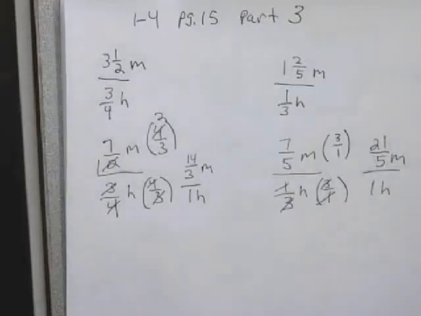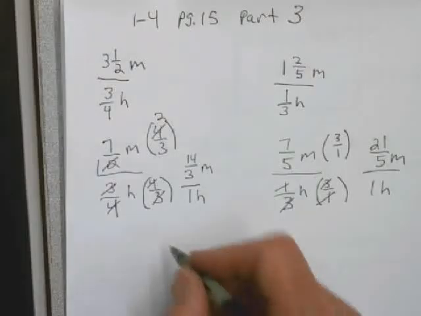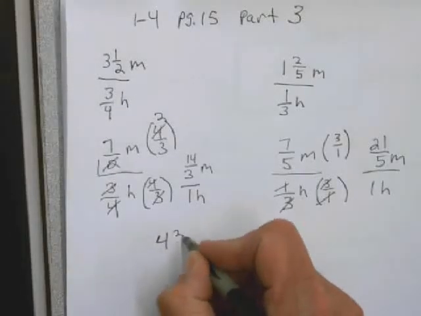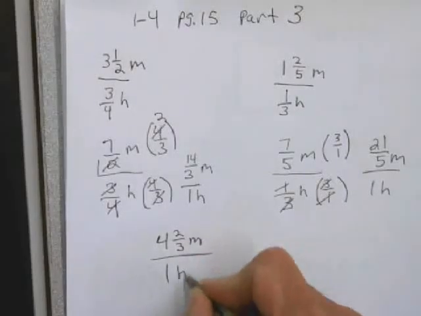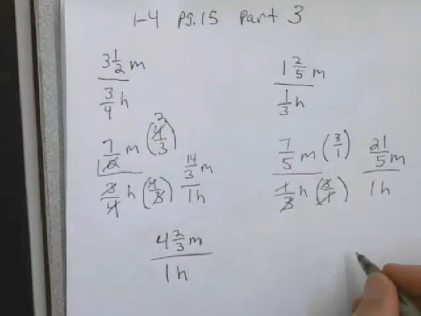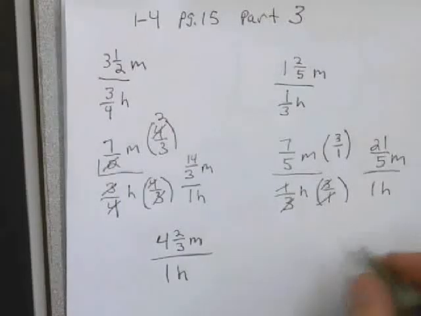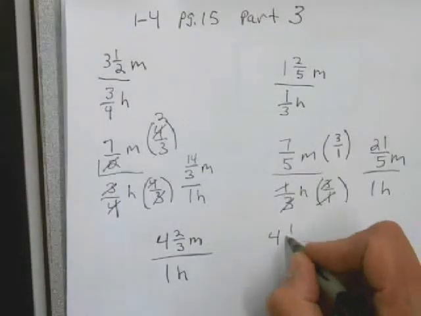miles. Okay, I don't know about you, but that is a little bit hard for me to figure out which is faster, 21/5 or 14/3. So I'm going to take these improper fractions and convert them into mixed numbers. So 14/3, 3 will fit into 14 4 times. So that's 4 2/3 miles over 1 hour. And our second person, 5 will fit into 21 4 times, and there's 1/5 remaining